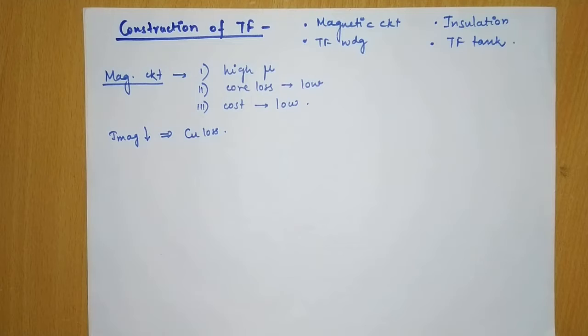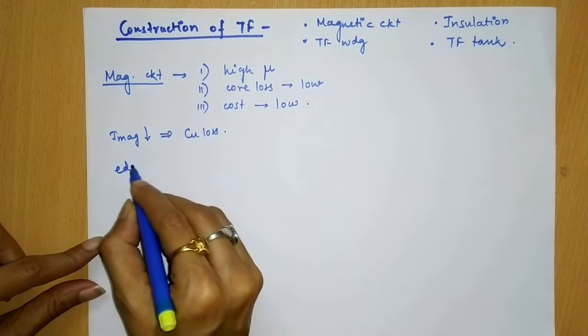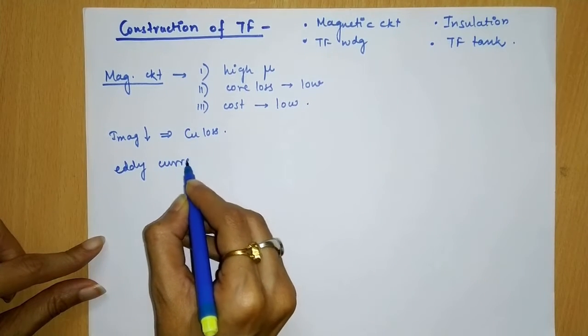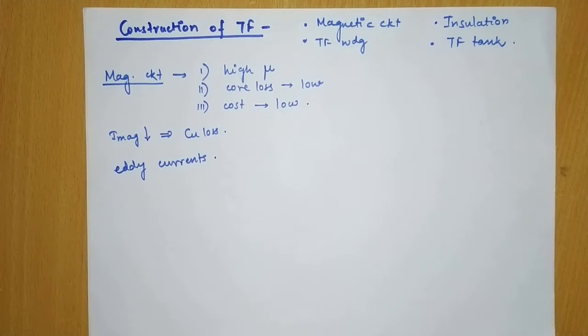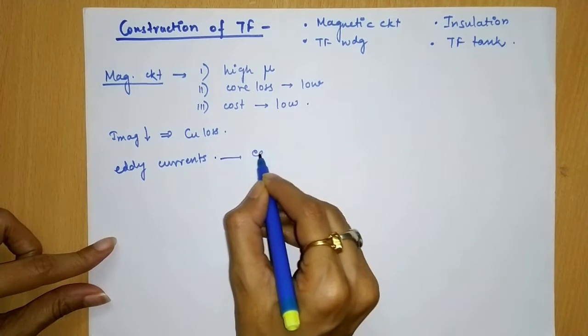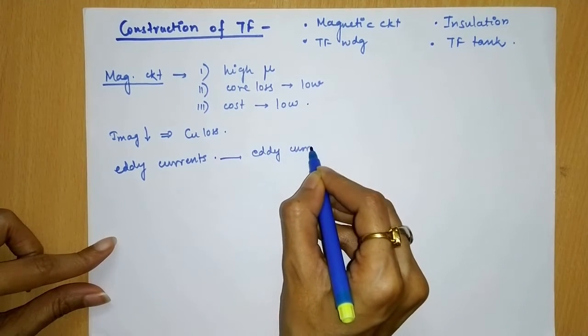Whenever transformer core is excited using time varying magnetic field, a stationary induced EMF will be produced inside the transformer core. This EMF will circulate current within the cross section of the core material. These circulating currents are known as eddy currents. The direction of these is determined by Lenz law. The additional power loss produced inside the transformer core due to these eddy currents is known as eddy current losses.